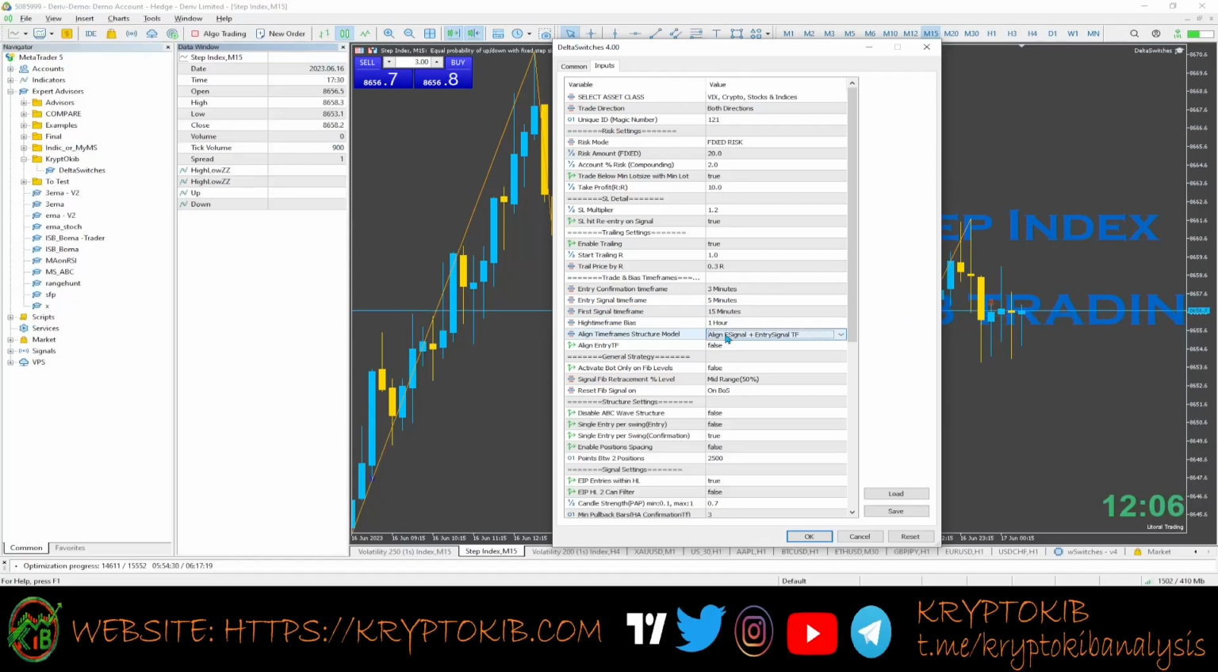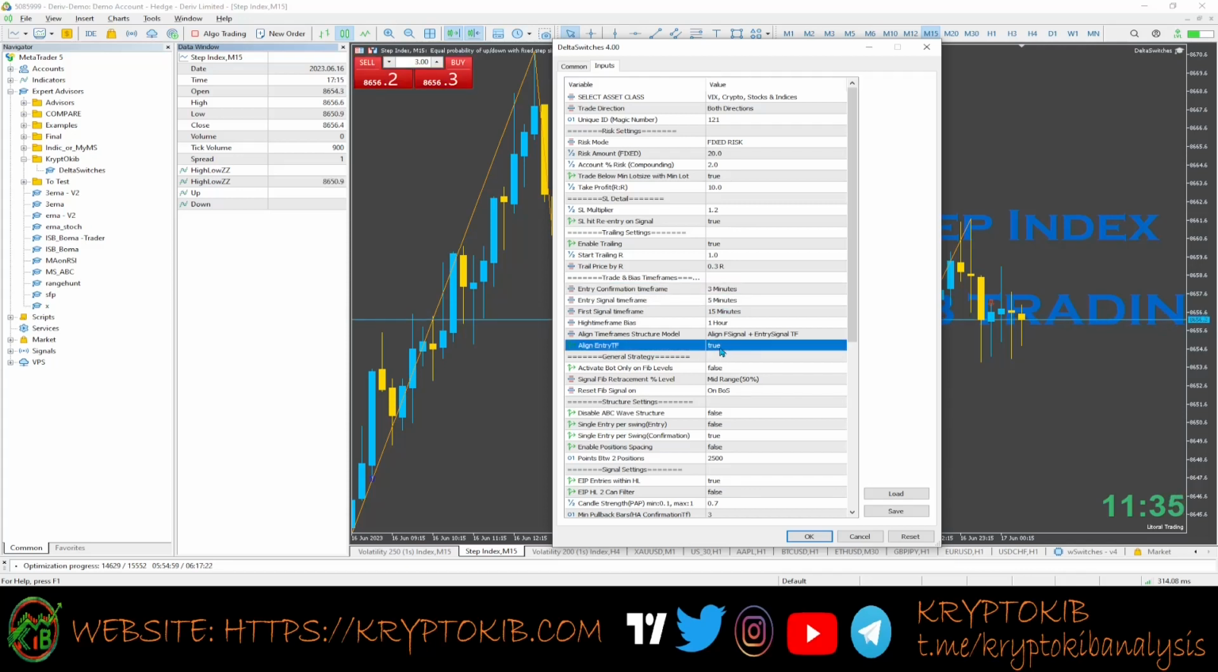What time frame you use now will be dependent on whatever module you select here. So as we see in entry signal time frame only, what it means is use only this time frame here for bias, for structure, for everything, and that is mainly for scalping. Now as you can see here, it says align entry time frame, and this is the entry time frame. So if you want to align this particular entry time frame with this time frame,